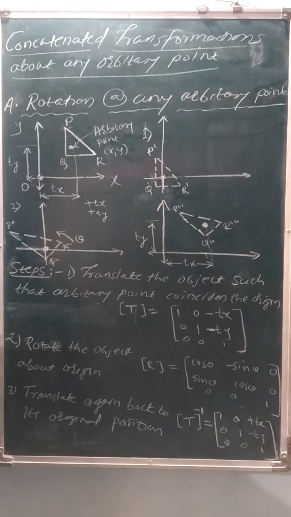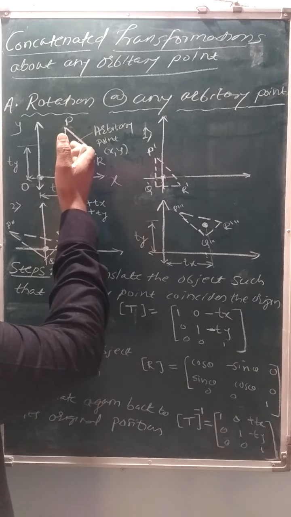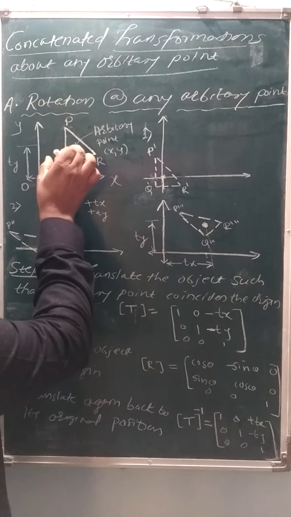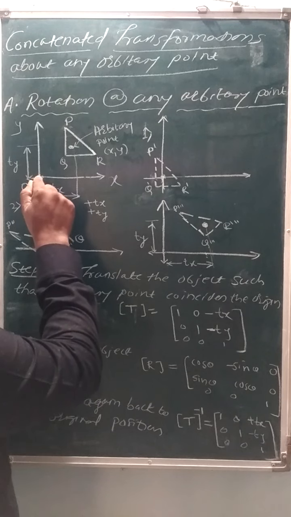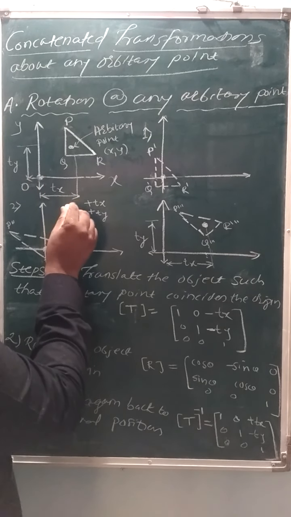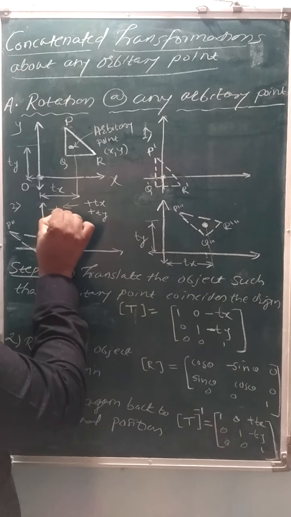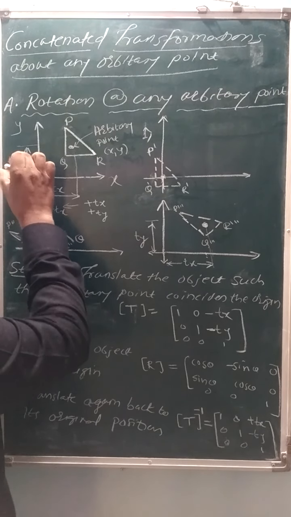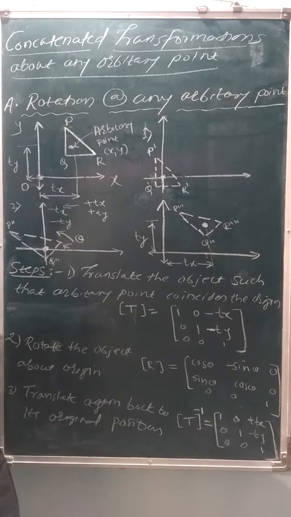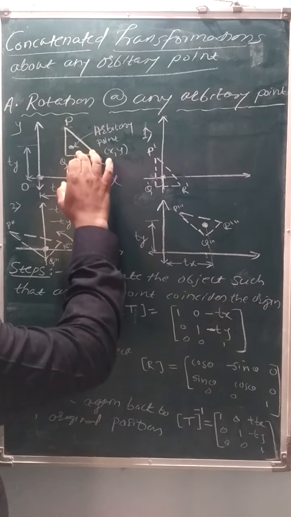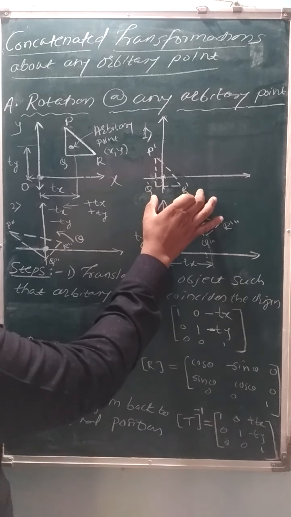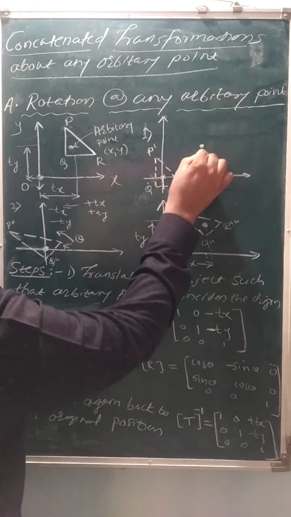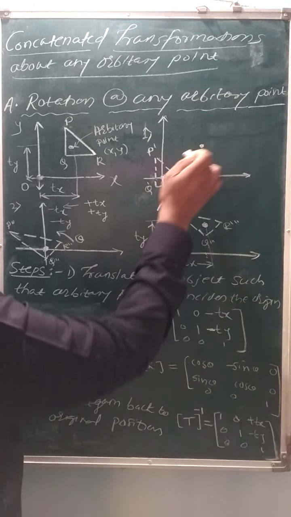See here, sequence is very, very important. From its original position, we are translating to the origin. So what will be the distances? If we want to bring this arbitrary point here, we have to cover the distance from here to here, which means it will be minus tx. After that, we have to move this point down in the y direction, which means ty will become minus ty. Means that for the first transformation, if we coincide this point here, you get this first step. Means we have translated or shifted this arbitrary point from this position to this position.